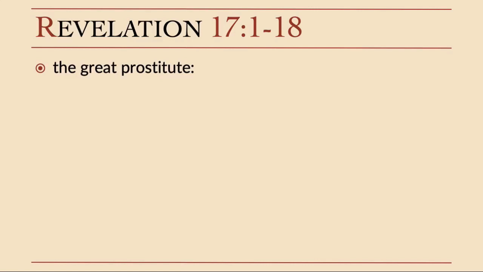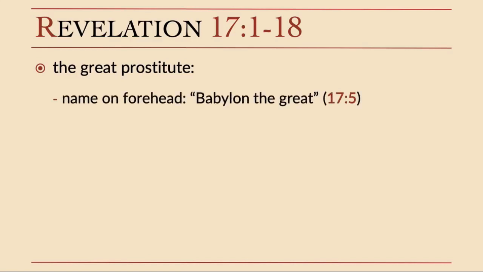So looking on here, as we look at the great prostitute, she has a name that's written on her forehead. The name that's written on her forehead is Babylon the Great. Now remember, in the book of Revelation, we have references over and over to Babylon. It isn't talking about literal Babylon. It's talking about Rome. But figuratively, she is called Babylon. Figuratively, she was also called Jerusalem. So Babylon here is a symbolic name. It is meant to remind the readers of what this prostitute is like. She is like Babylon of old.